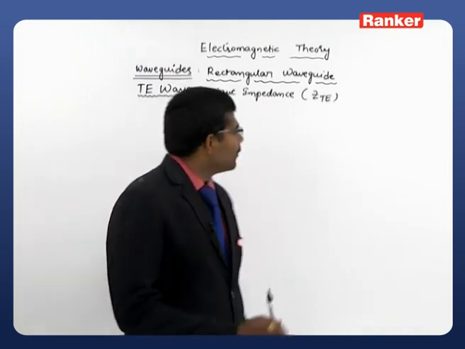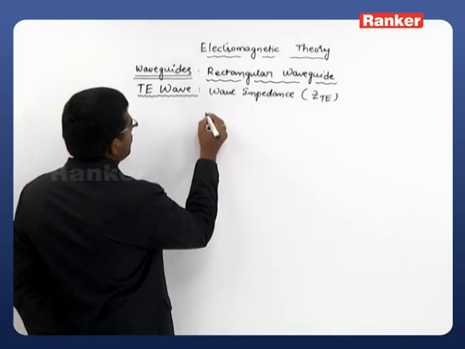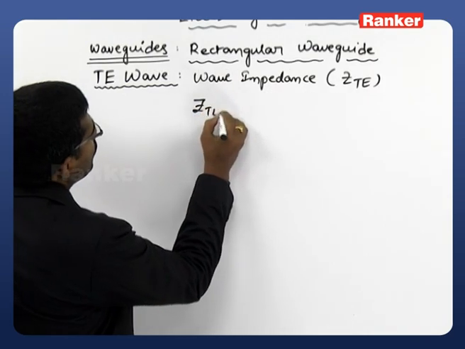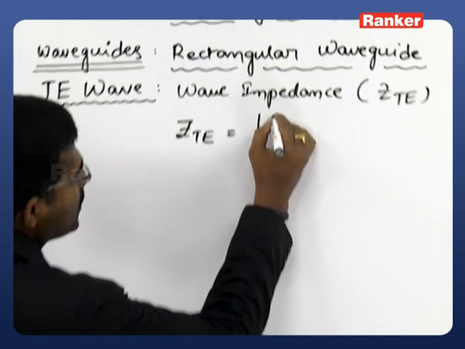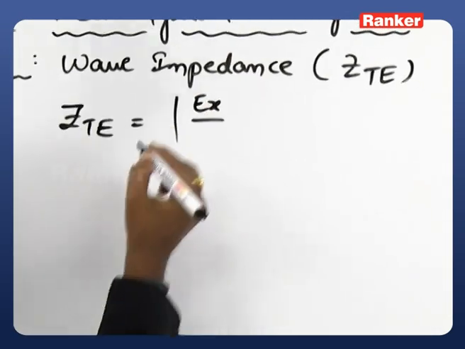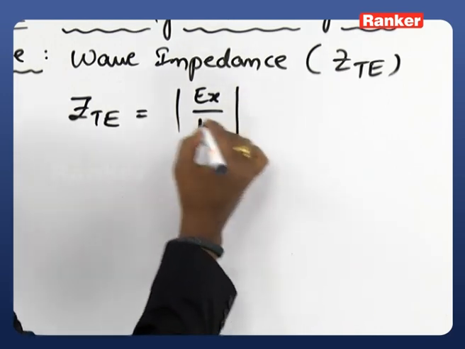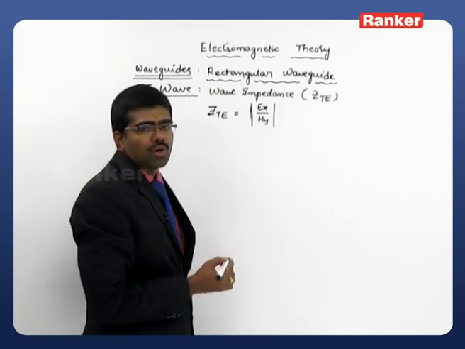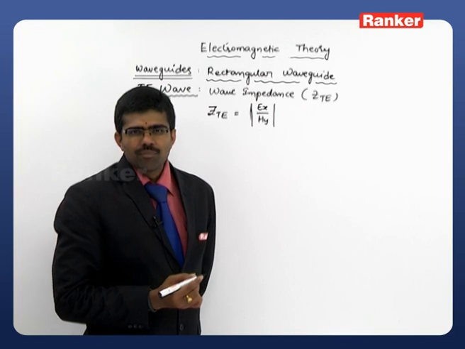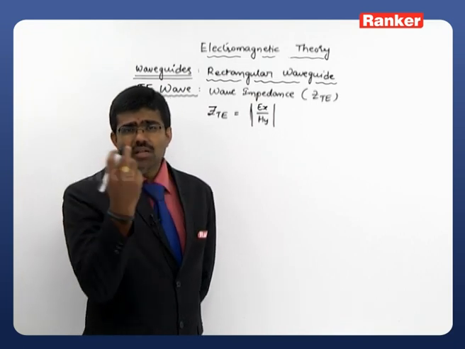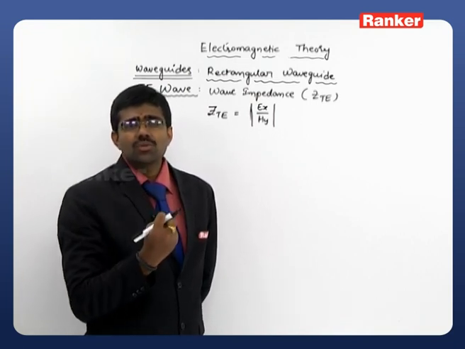So for TE wave, this is defined as ZTE, that is the wave impedance is equal to the existing electric magnitude Ex divided by Hy, which I am considering for its dominant mode, Ex by Hy. So get the equation of Ex, substitute there, get the equation of Hy, substitute there, then